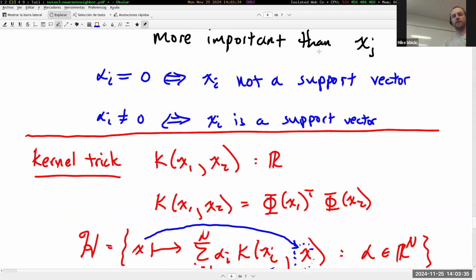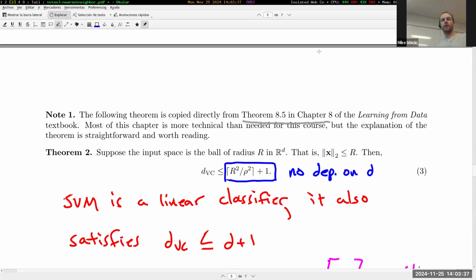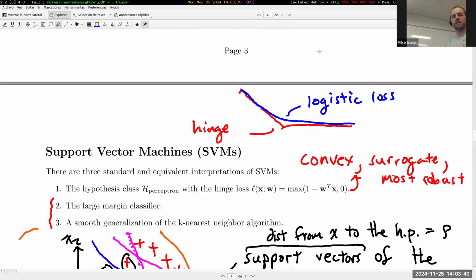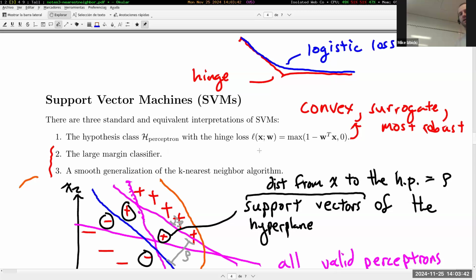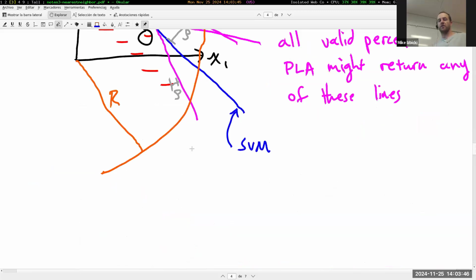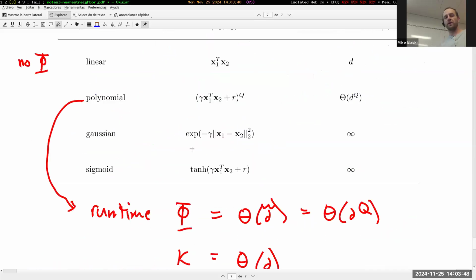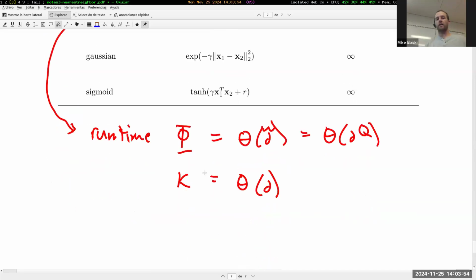Let's see, so connecting this back to my original claim here, that support vector machines are a smooth generalization of the k nearest neighbor algorithm. One interpretation of this Gaussian kernel right here is that when you're doing the classification,